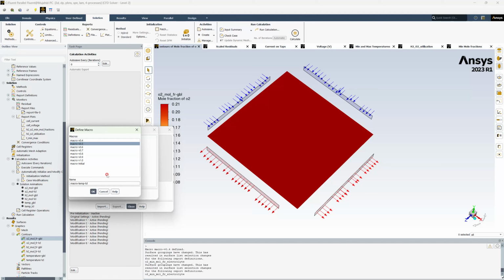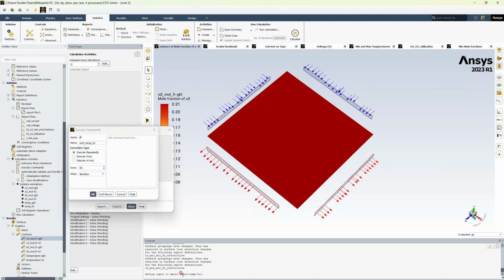So okay, macro temperature local, and keep in mind that we are displaying it over here. Now we will use the GUI to set the display. Okay, and now it is saving input to the macro temperature local. We will select from the menu every time we make a macro. Make sure that we start selecting from the outline view, and we'll go to temperature local,